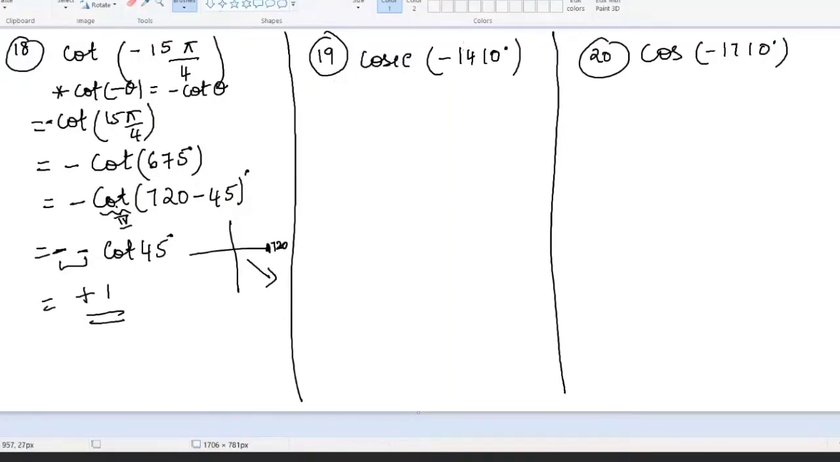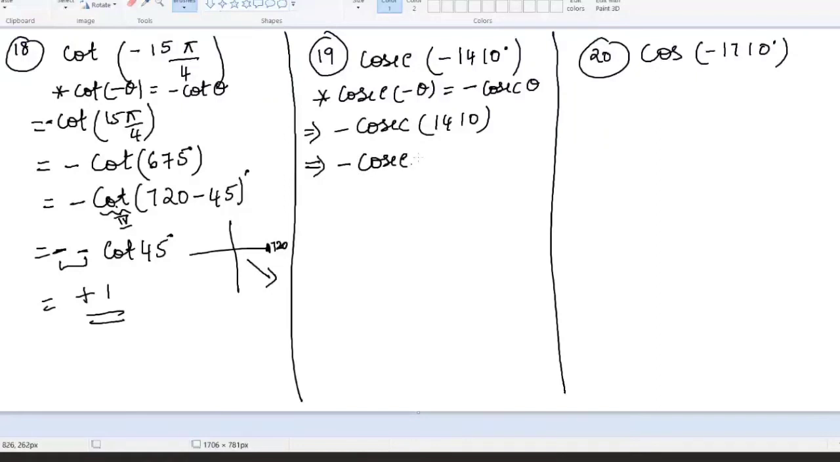19th question, once again I saw minus. Now first let us write that, okay. Cosecant of minus theta is equal to, again in the fourth quadrant cosecant is negative, so minus cosecant theta. Write that like that. So the question has changed to minus cosecant of 1410. Okay, 1410. Now how many times can we subtract 360? How have we written it? So cosecant of